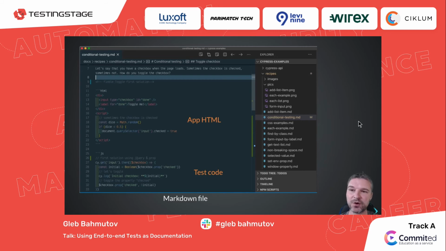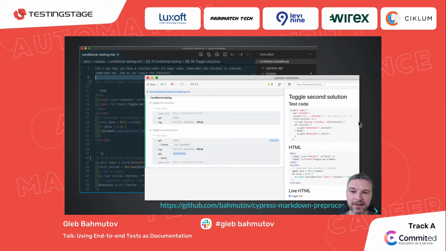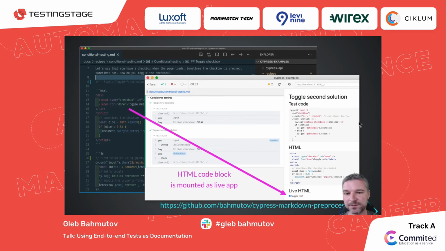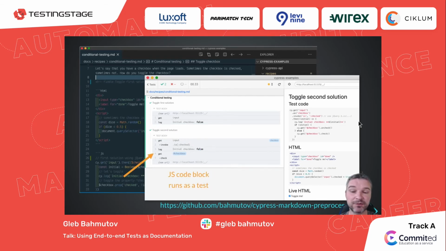And notice these are all inside the fiddle. I can run this project locally and it shows me the test and the markdown and the live HTML. So that HTML block will be actually mounted as a mini web application completely, live. And the test code runs as a test, testing with live HTML.